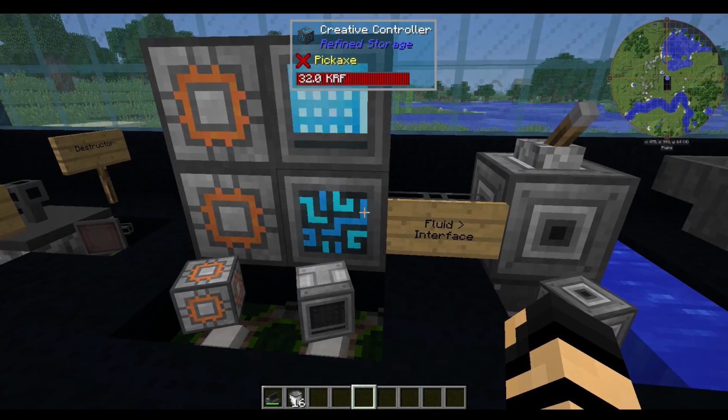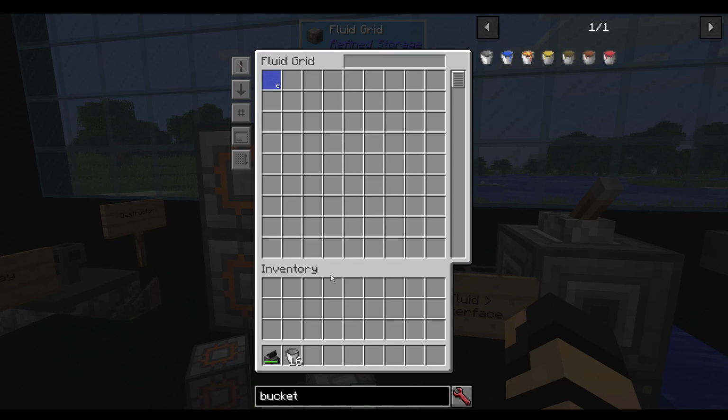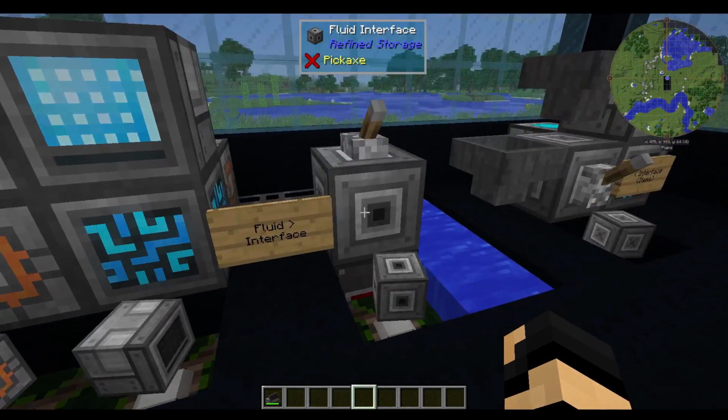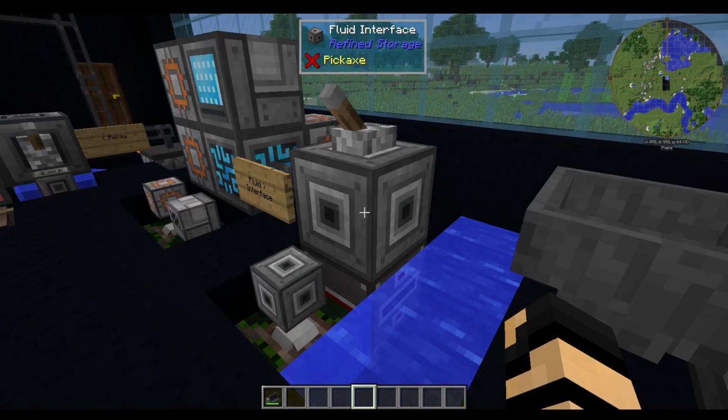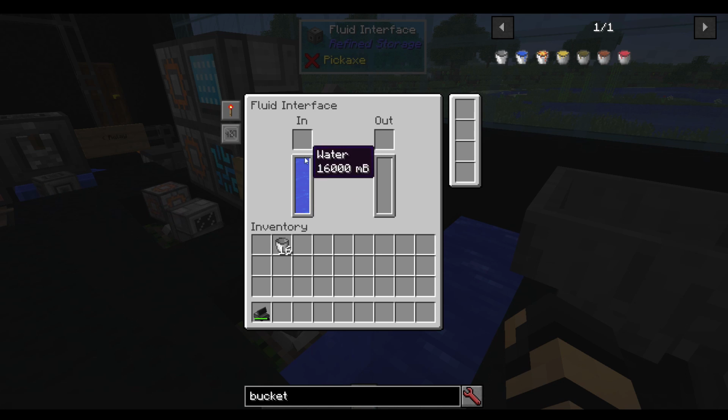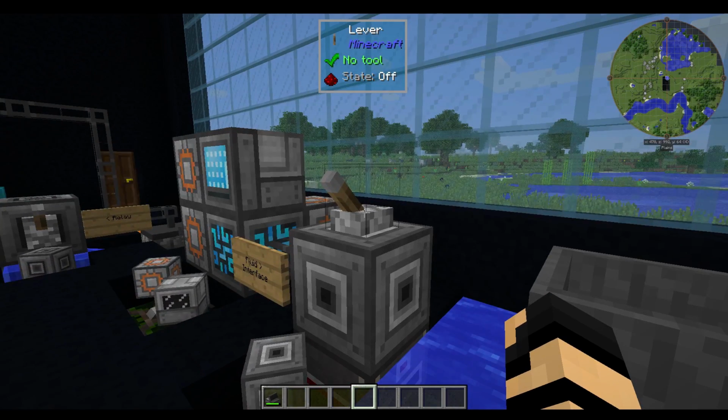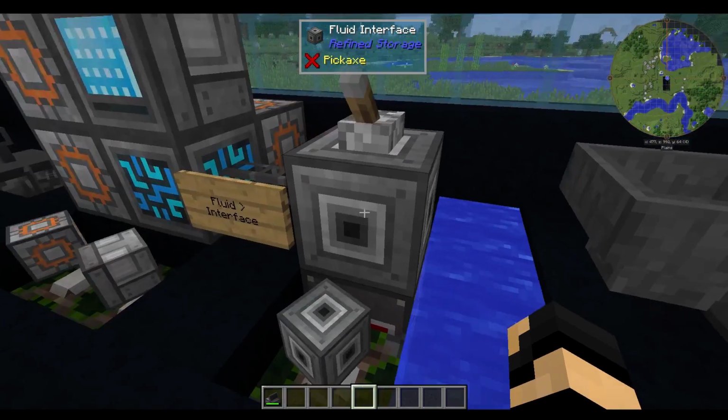So there are other ways of getting fluids in here besides just hand bucketing this stuff in, because that'd be a bit ridiculous in some ways. A fluid interface. This here has an in. It will automatically fill up to 16 buckets worth. It is set to only work with redstone mode, so if I turn this on, it will then start filling